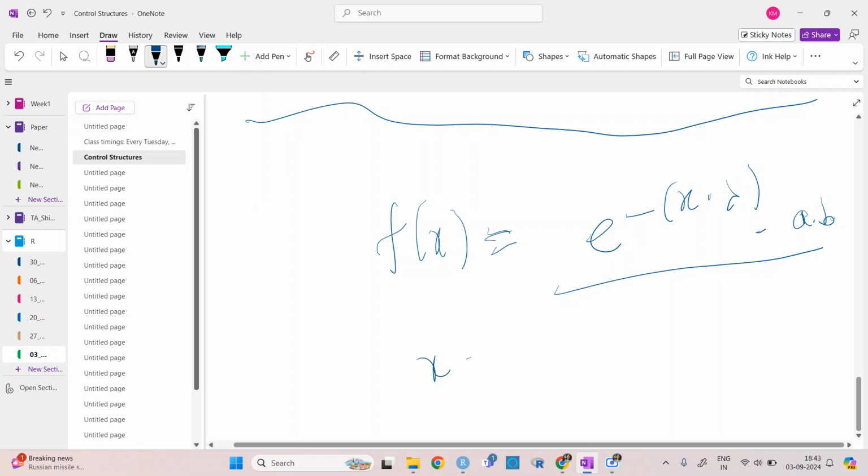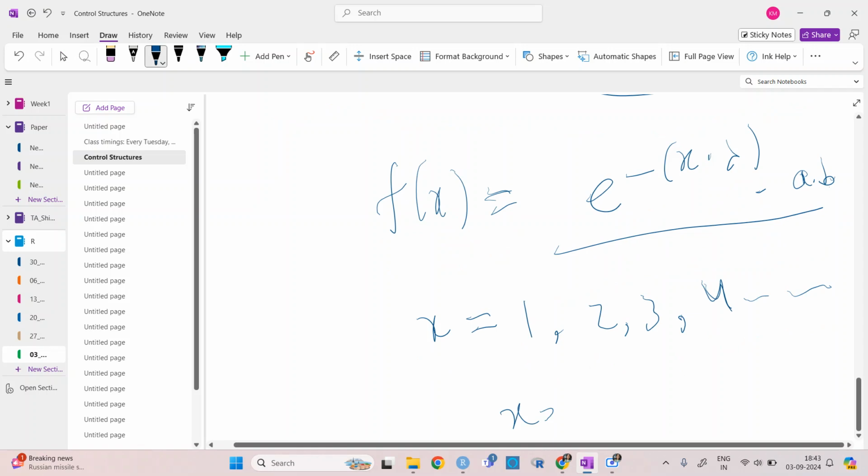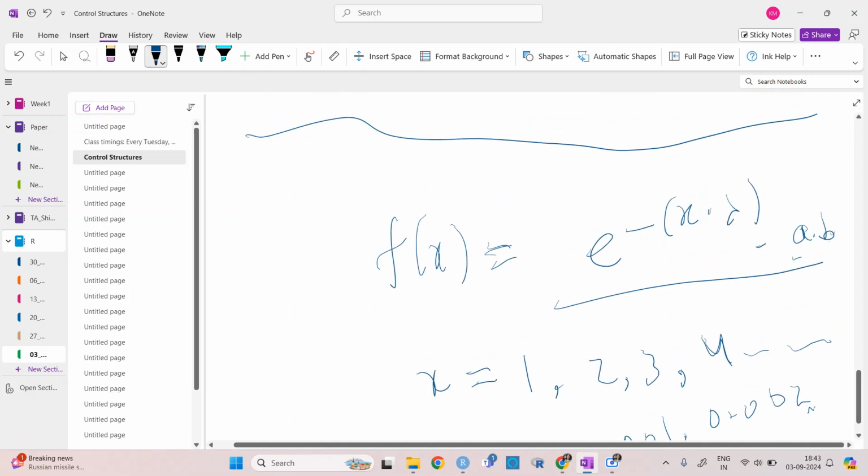If it is a discrete distribution, I will have x values x1, 2, 3, 4, etc. Or if it is continuous, then I want any random values, let's say 0.001, 0.002, and then 0.1, etc. And then I want the values. So the a, b, and lambda parameters will be fixed for that.